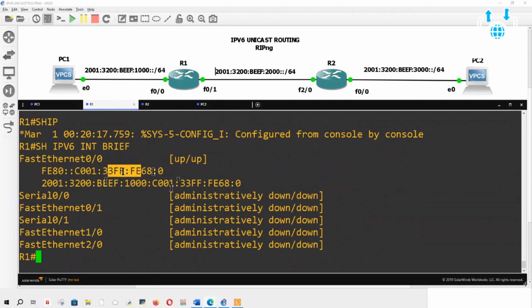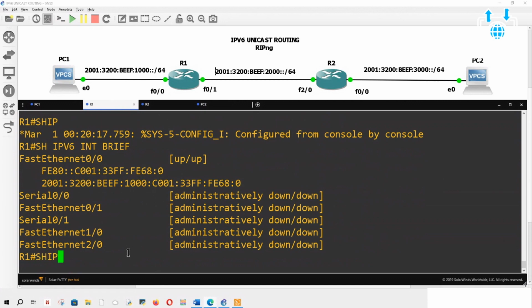We're not going to get into the U/L bit, but it flips the 7th bit: if it's on, it turns it off, and if it's off, it turns it on. So that's a combination of the MAC address and the FFFE that EUI-64 put in there.